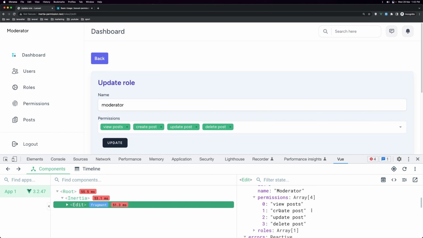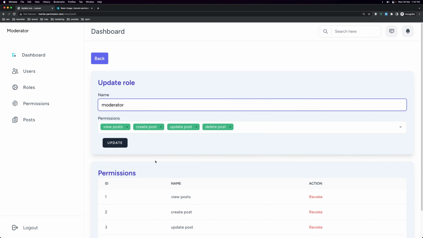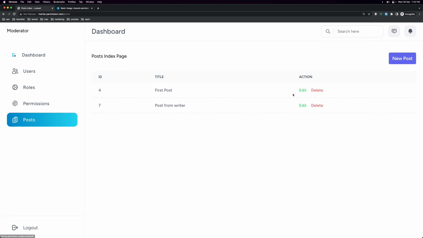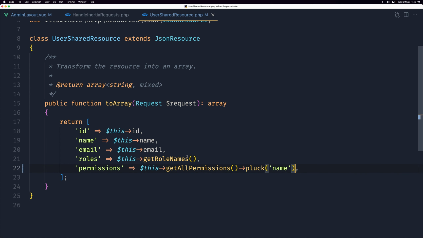So now the user has all the permissions we assigned to this role moderator, and this role now belongs to that user. So we get all permissions this user has. Okay. And now based on this permission, I want to show and hide the links. So for that we can use, let's